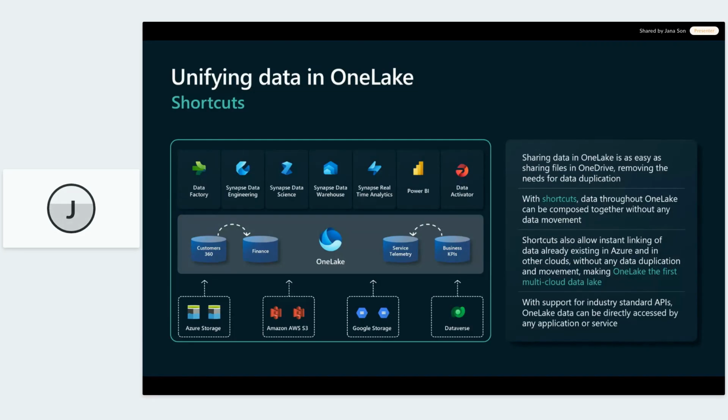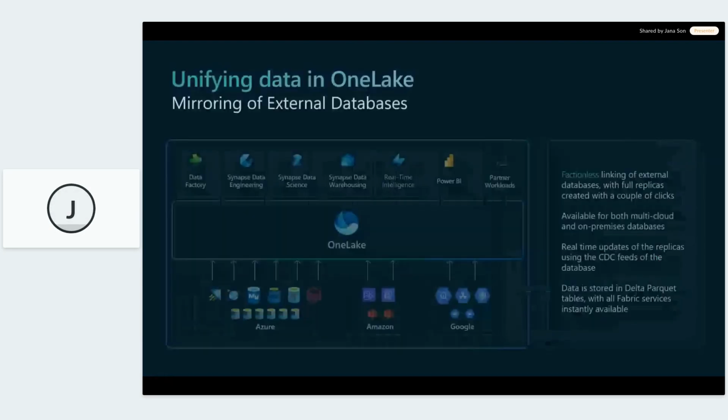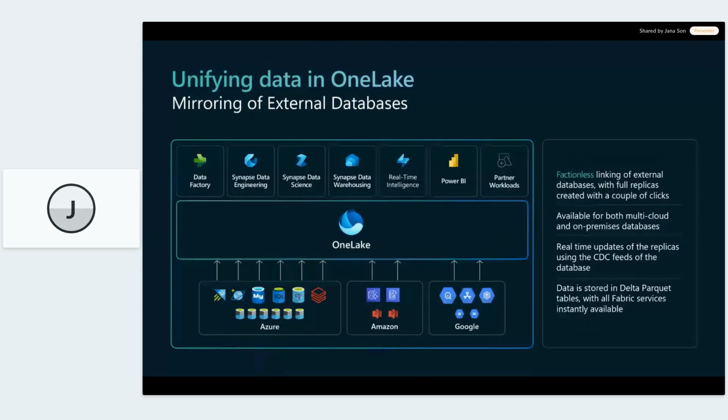But there's also, of course, data that's not stored in an open format. So for that, Microsoft has brought out mirroring in Fabric, which means that Fabric can create a reflection of your databases with proprietary storage formats and also bring data to OneLake that way. Once in OneLake, again, the reflected data from the proprietary database will be stored in Delta in Fabric, hence, again, available for all of the engines to be working with it.